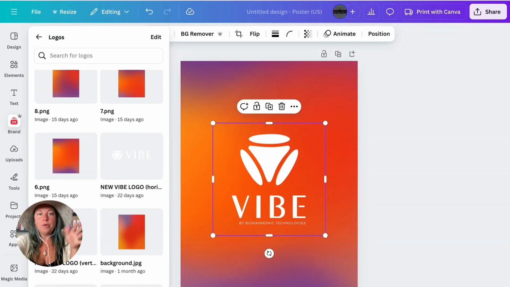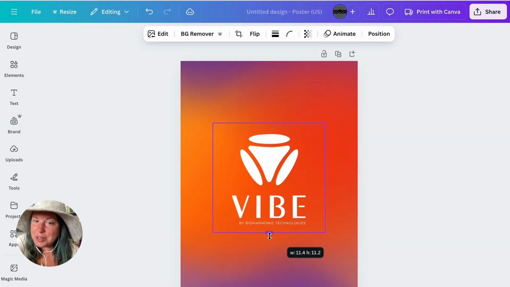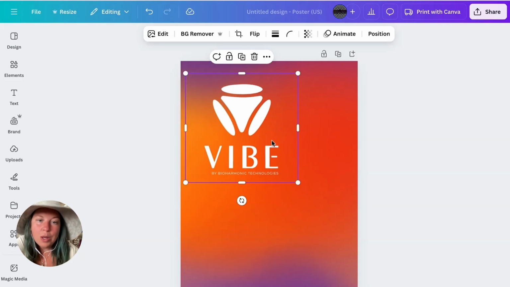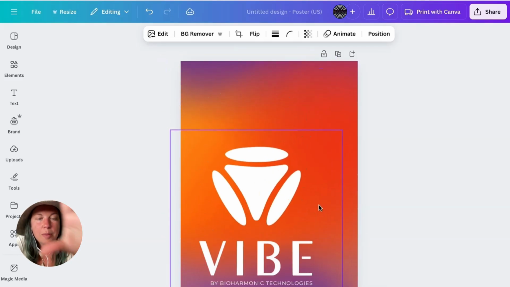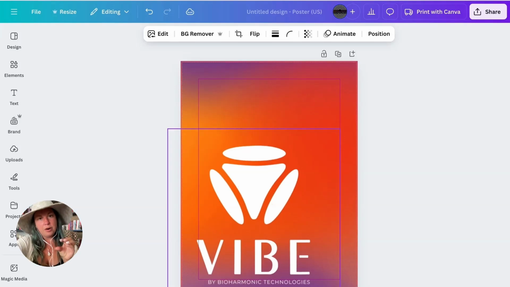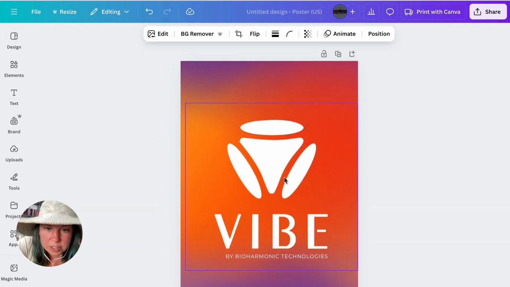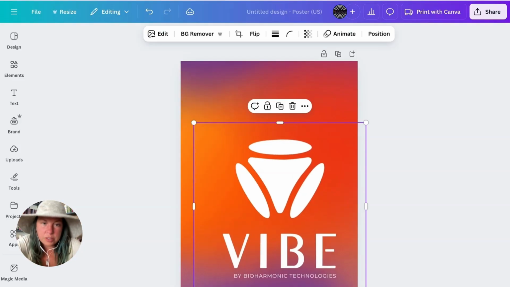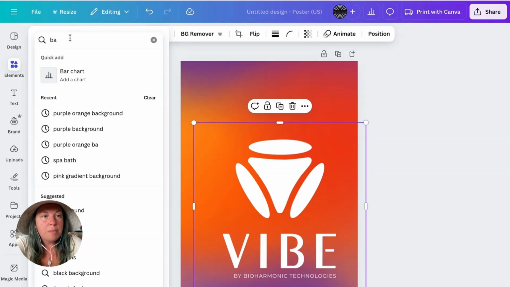So right here, boom, I want the vibe. However, I just want my logo, right? Which I could leave all of this here. May as well. Why not? Let's go ahead and create this. So what I'm going to do is, so I'm looking at the background because the background is what I want the color scheme to be, right? So as I move it around, that's the colors it's going to be because it's going to follow the gradient of your background. So if you don't have a background yet, you can come to elements and click backgrounds, or